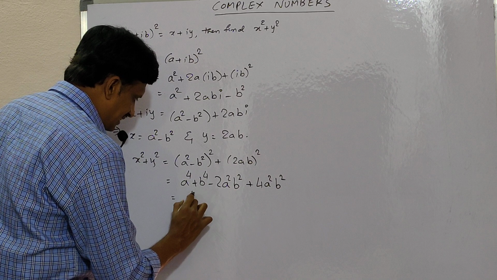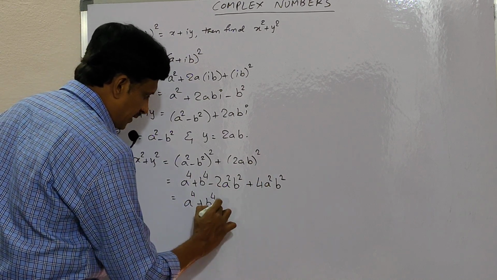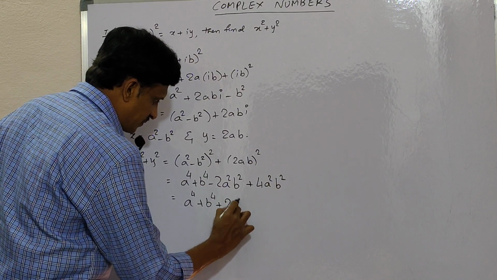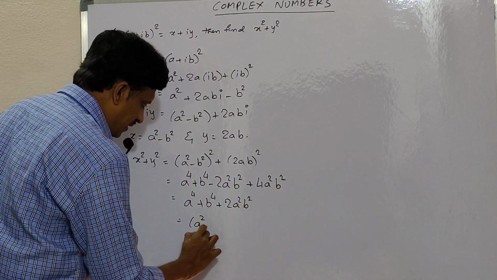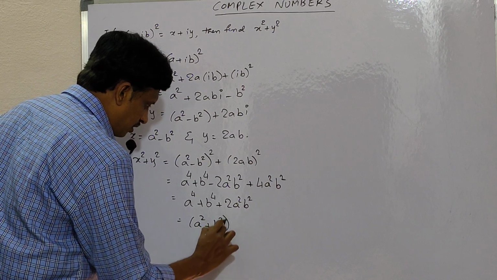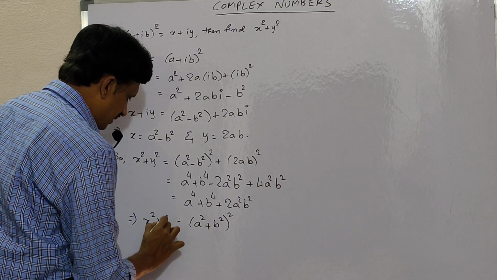So you can say that this is a power 4 + b power 4 + 2a square b square. So simply you can write (a square + b square) whole square, which is the required value of x square